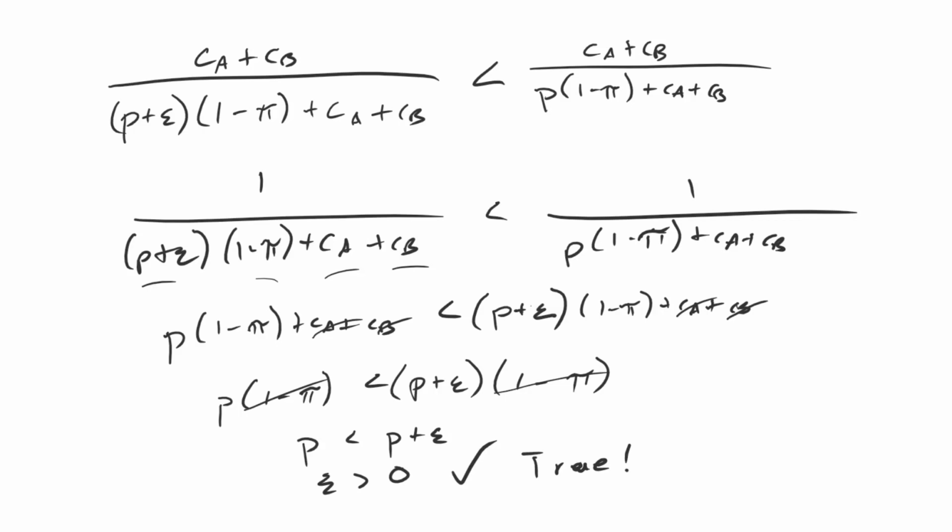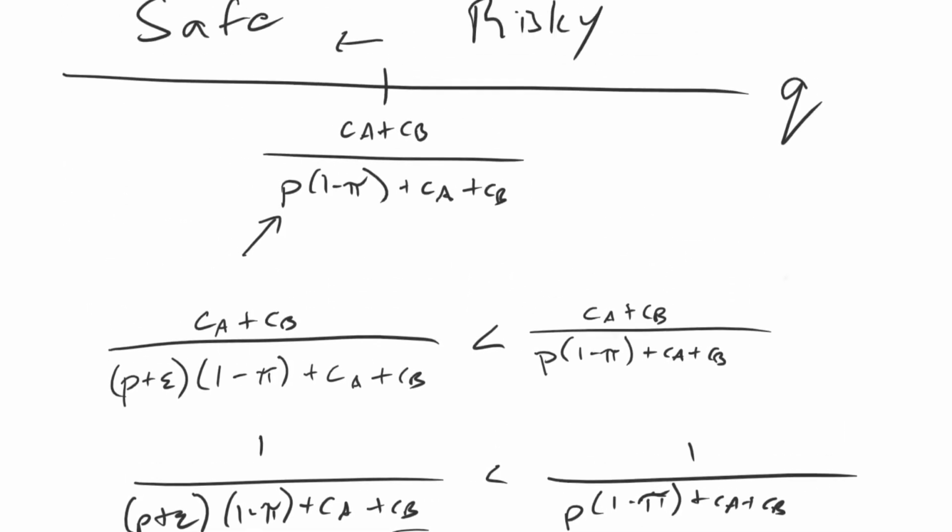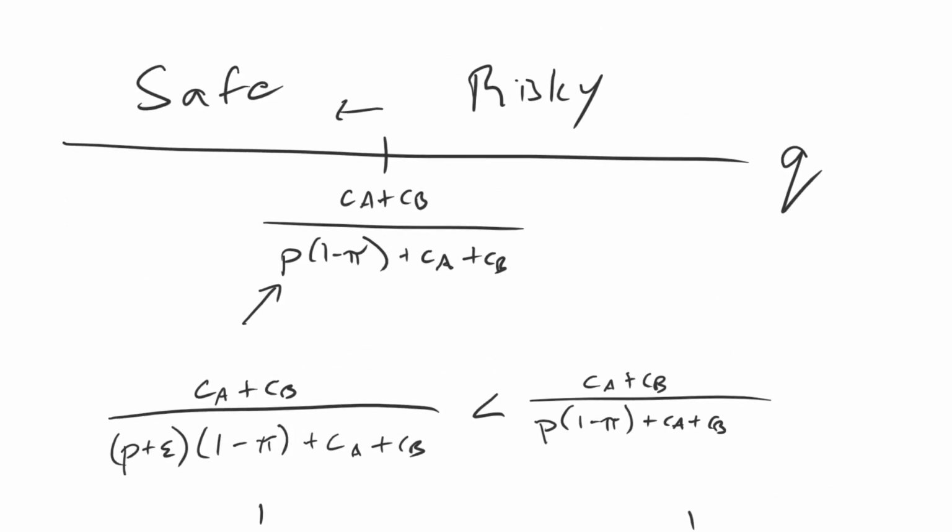Hooray. What we have just shown is that this cut point does shift in the anticipated manner. When we increase P, we are shifting that cut point to the left so that A makes the risky demand under greater circumstances. And so the likelihood of war is increased as compared to situations where P is relatively low.